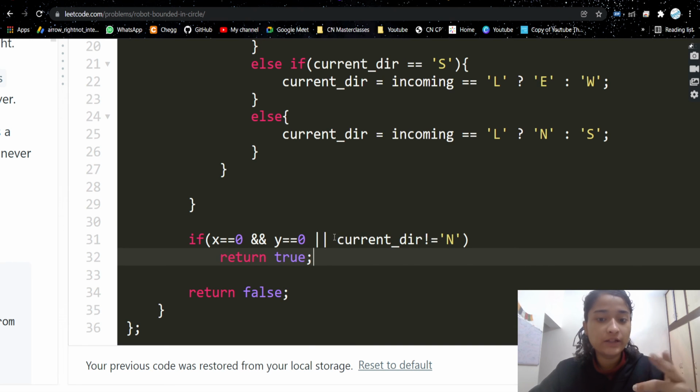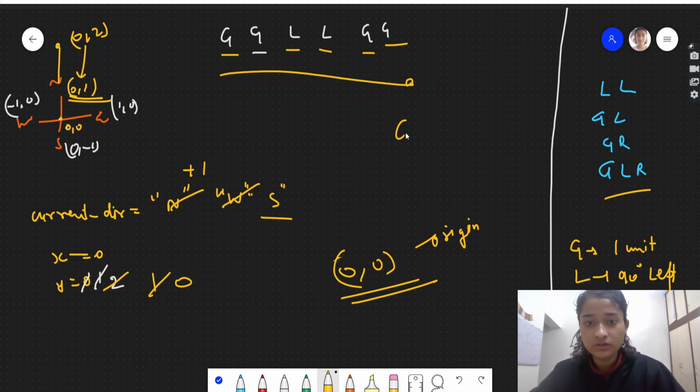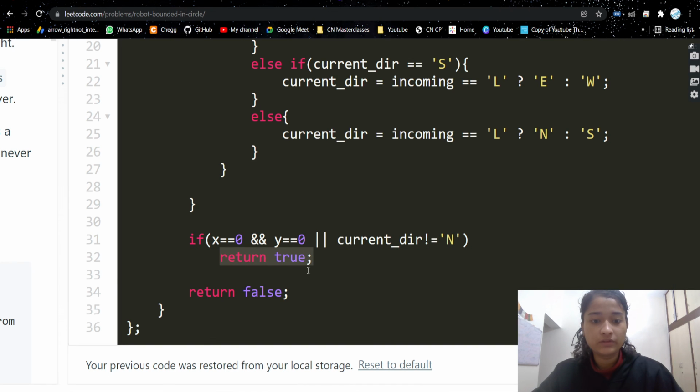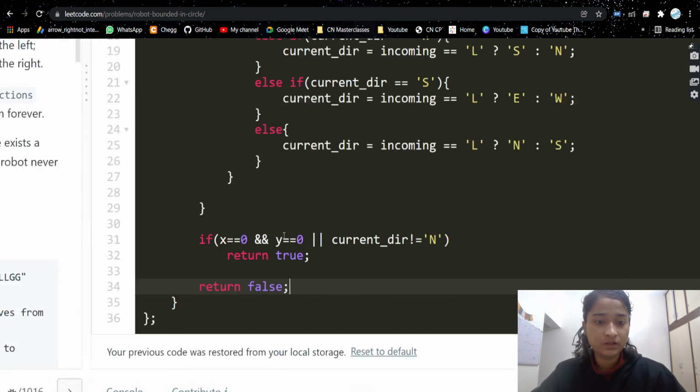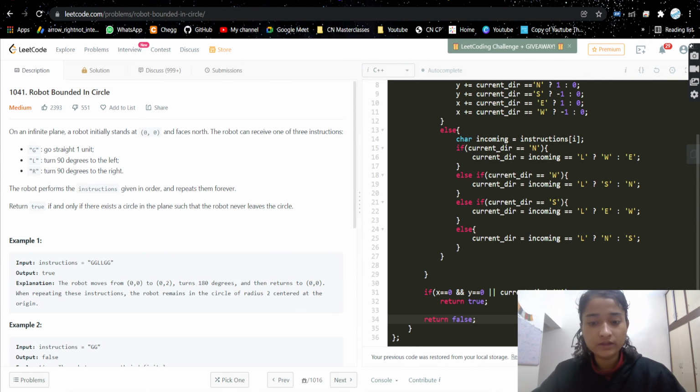Or if the direction was not north, then also the answer would be true, because in the GL case we saw that after repeating this 4 times, it will come back to the origin. So we will return true in both cases and otherwise return false. I hope you understood the code and the approach. If you have any doubts, let me know in the comments.